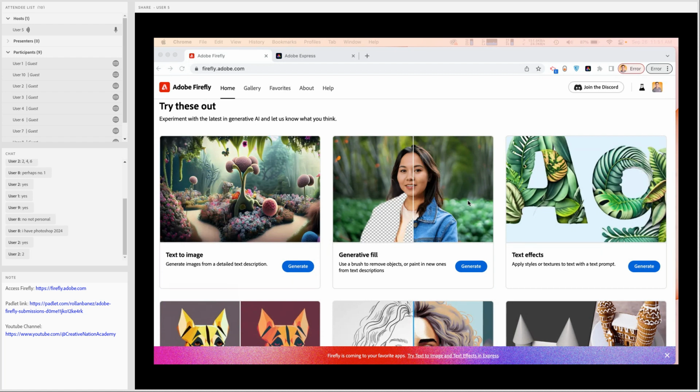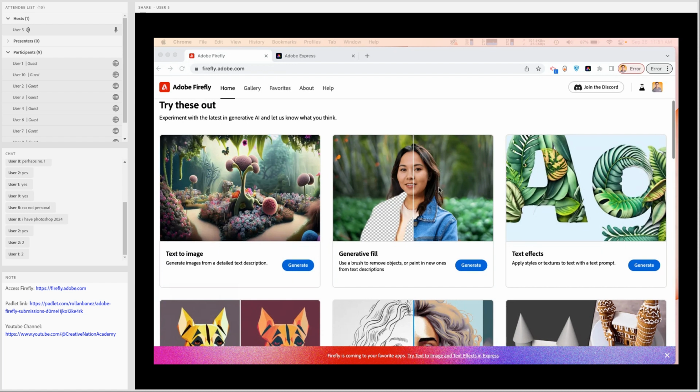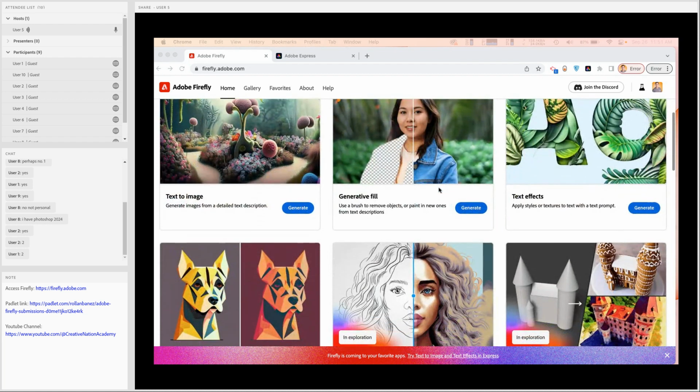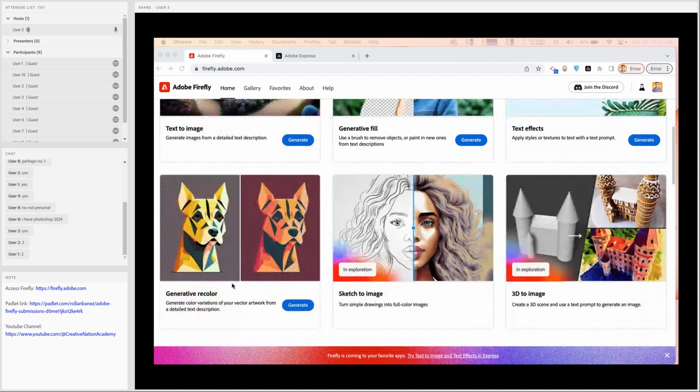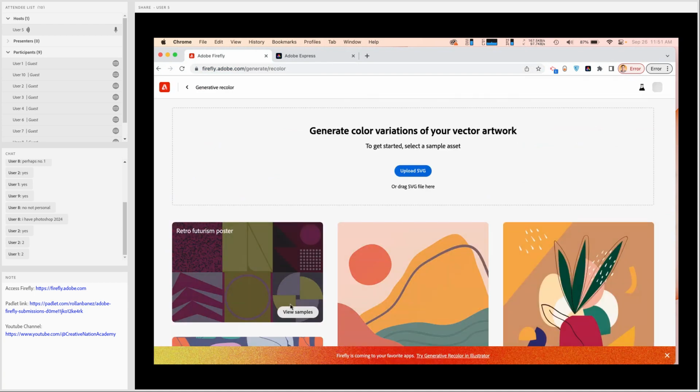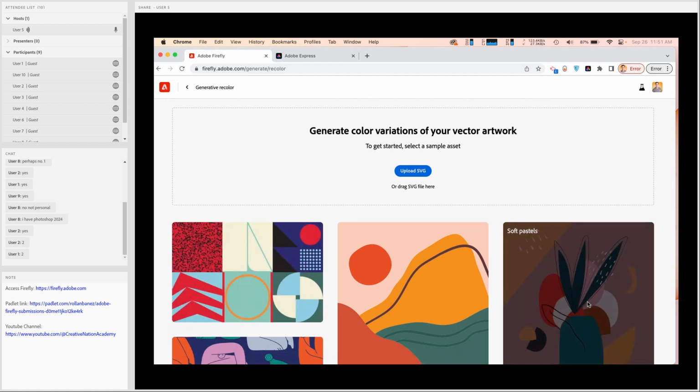Okay, so right now I'm here in Adobe Firefly, and I want you to discover the very simplest one, which is the generative recolor. Go to here and then click on generate, and this will enable you to jump into this module. I think of them as modules because further down the road, we'll have more of these types of technologies. And this one is also available in Illustrator. I'm just going to give you a demonstration first, and if you want, you can go along with me.